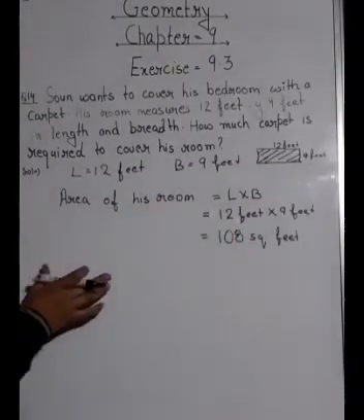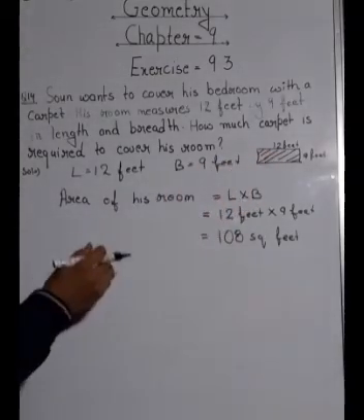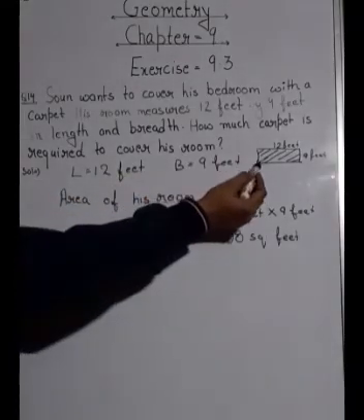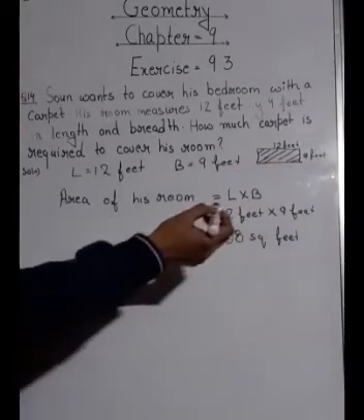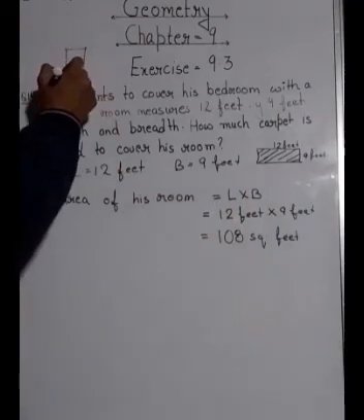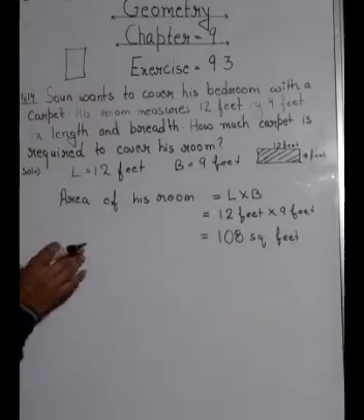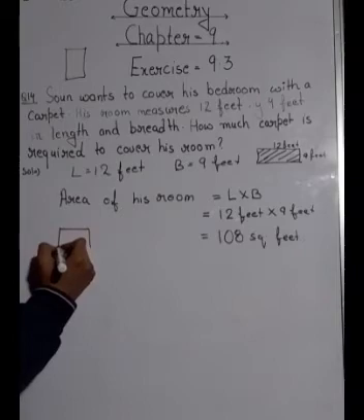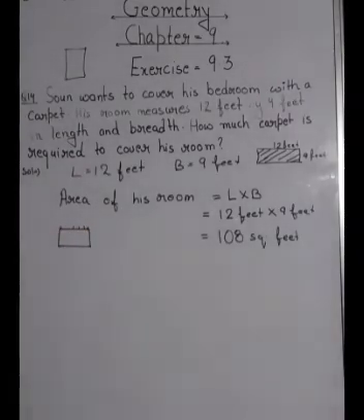Okay, so in the questions in which you have to cover the area of the given shape, then you have to find its area. Okay, for example, here you have to cover the entire floor of his room. Okay, and suppose you have a door, and you have to paint the whole door. So in these kinds of questions you have to find the area, whereas in which they have asked you to do the fencing or to do the boundary of a ground, you have to find the perimeter.